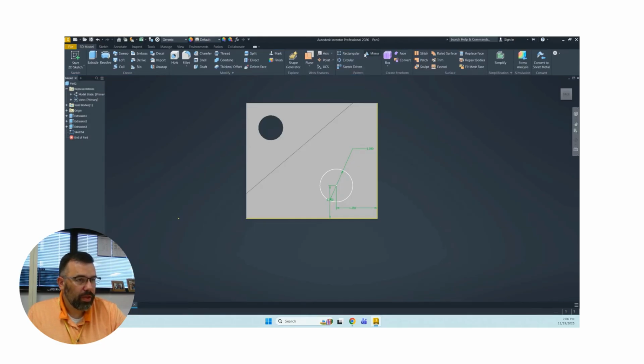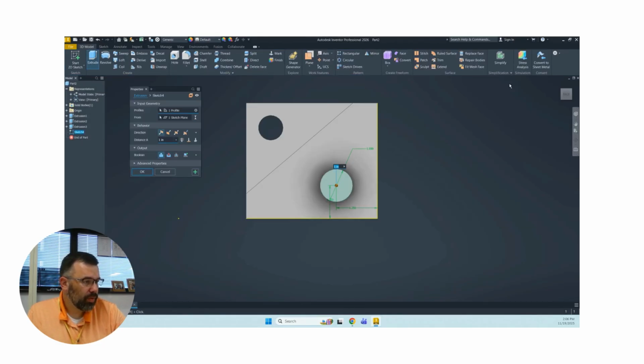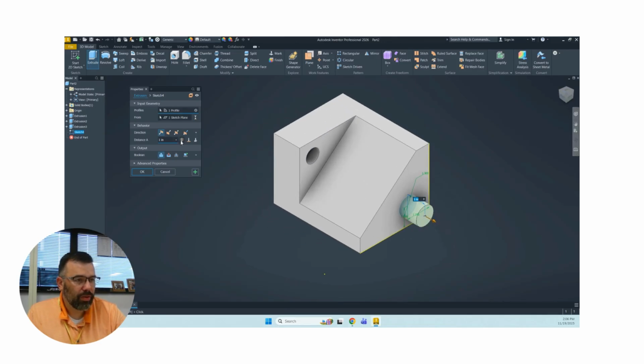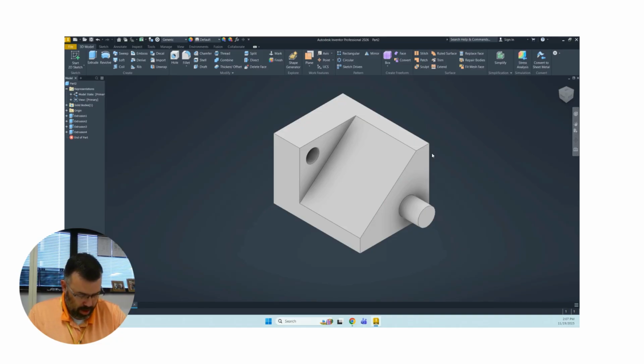Now I can green check mark, click on extrude, and click on the corner up here just so we can turn it at an angle so I can see it a little bit better. And then we want to go 1.1 inches, so 1.1, and then we're going to click OK, and that's it. That's drawing 7-6,